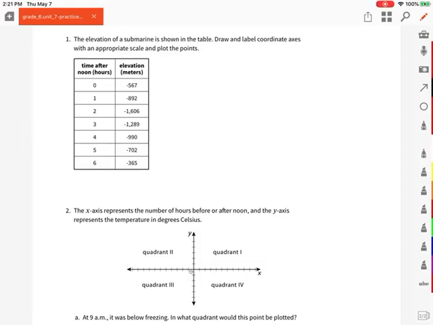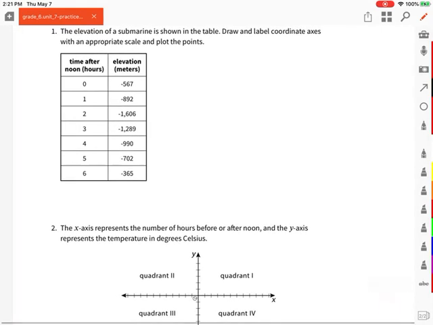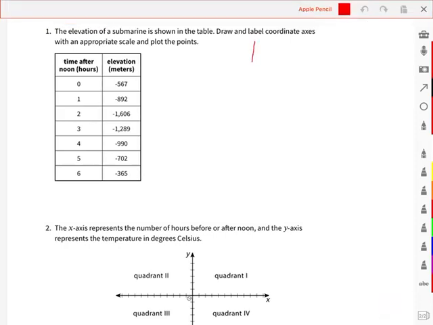Okay, we're correcting Unit 7, Lesson 13, Practice Problems. So number 1 says, the elevation of a submarine is shown in the table. Draw and label a coordinate axis with an appropriate scale and plot the points. So we're going to draw